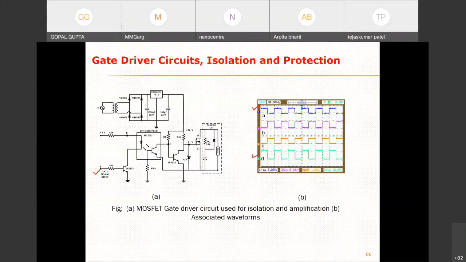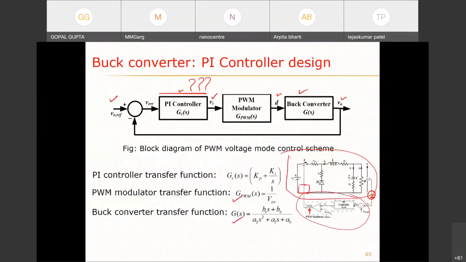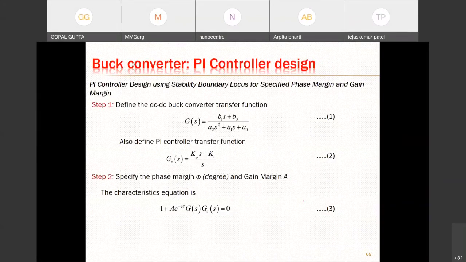So this is one of the circuits which was being used. This is the signal which we are getting from some controller. Then it is isolated using an optocoupler, and a snubber circuit is also used here, right? This is our pulse generated for the gates, let's say 5 volt, but your MOSFET actually needs 12 volt. Then we have drawn some intermediate waveform, and this is the finally amplified waveform, and because we have used an optocoupler as well, that provides the isolation. So these were used earlier.